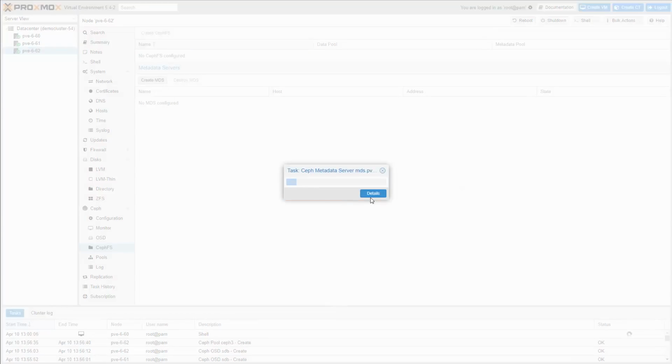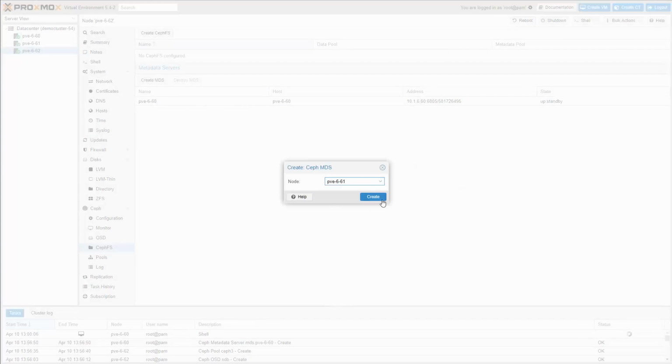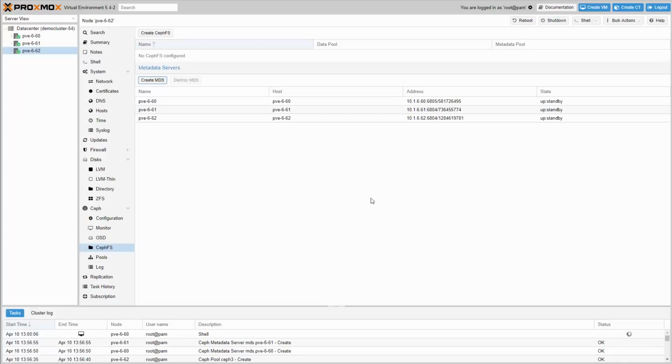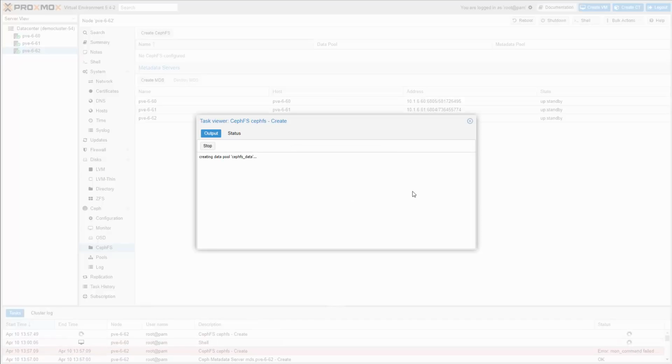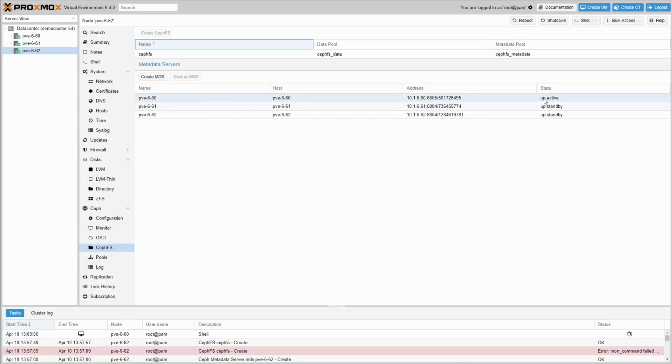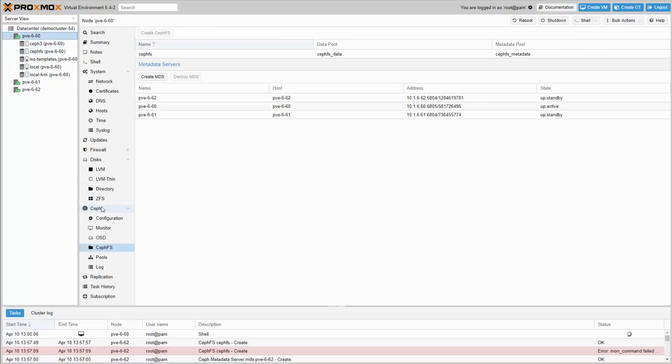To do so, you have to create Ceph MDSs on each node, and afterwards you can create the CephFS with the storage definition. Finally, you can see the Ceph RBD and the CephFS storage on the nodes and the Ceph dashboard.